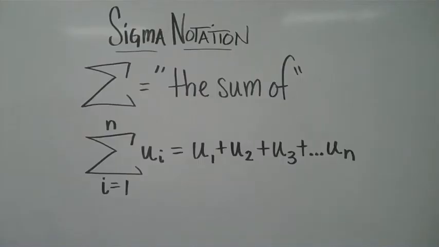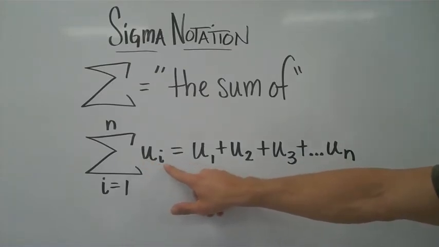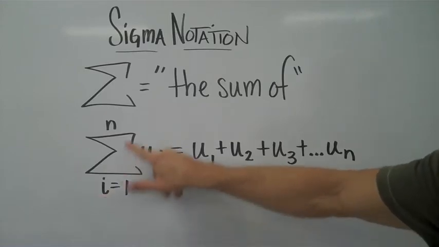When we're talking about a series, we're adding up the terms of a sequence. Well, when we add up, you can think of something called the sigma notation. Sigma notation means the sum of. If I have a sigma notation of u_i, that's a subscript, i equals 1 to n,